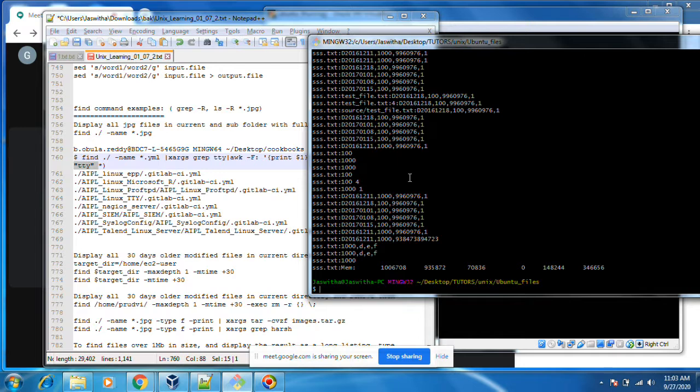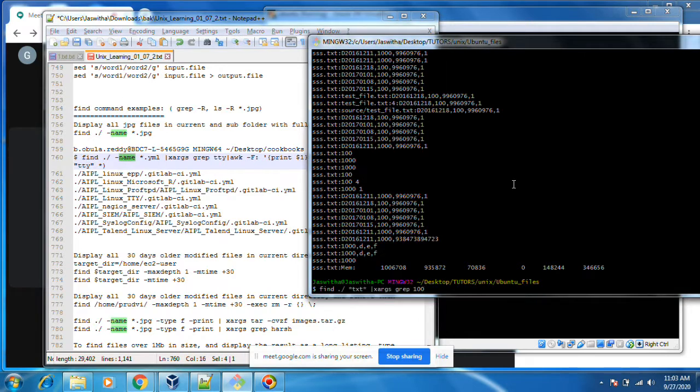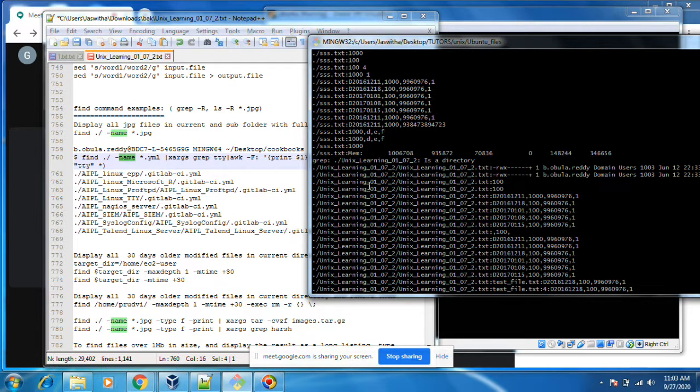You see here, instead of -iname, I just removed that: start txt star. Okay, it is displaying wherever the 100 line matches, all the files.